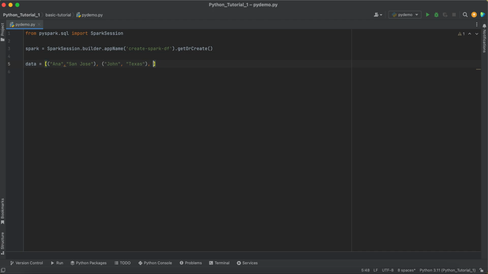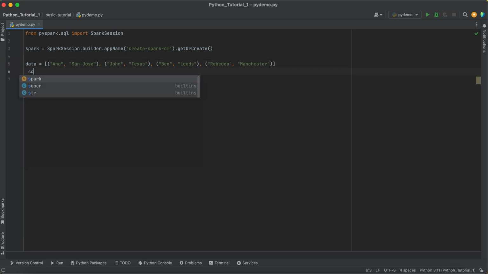Let's take the third row as Ben, let's say Leeds. So here is just a sample data that we have created,